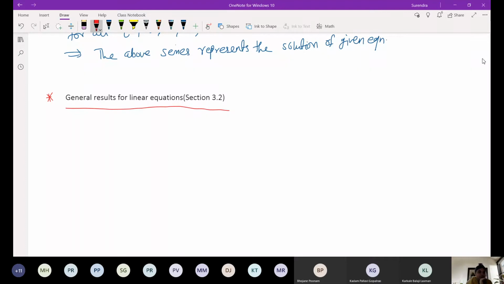So the general form of nth order linear difference equation is given by